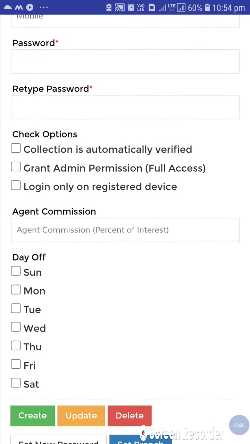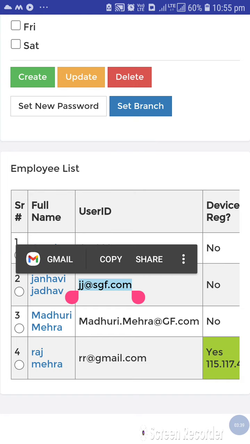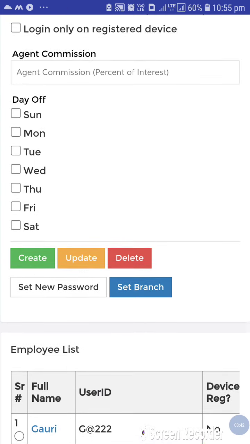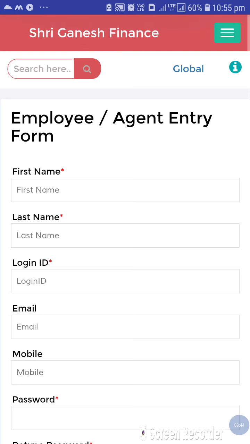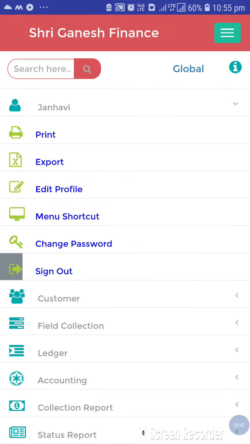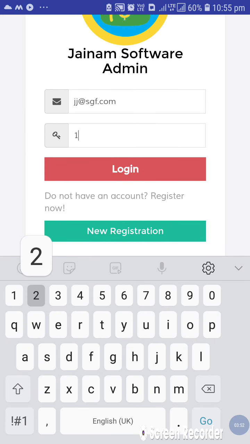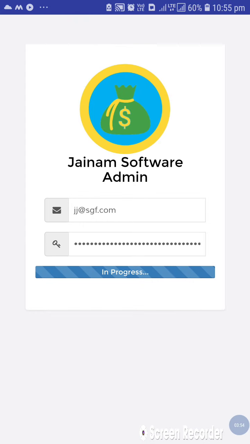Here, let's log in for this employee. So just copy this and just sign out from here. I will just copy this and let's log in for this employee.